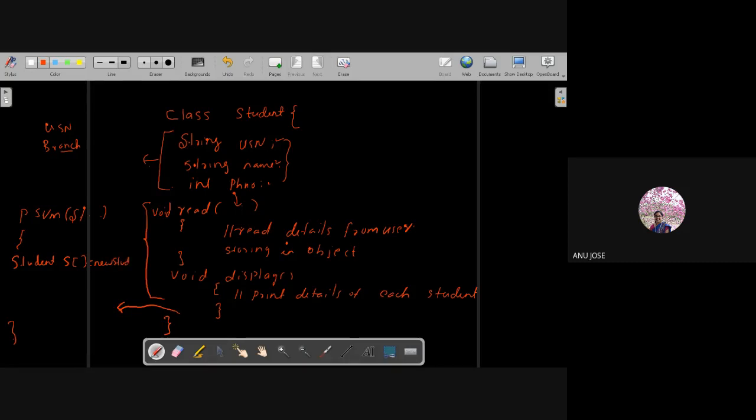What is this statement doing? It creates an array object. New student, this much only, or any new student square bracket size. What is this statement doing? It creates an array of size 20. That is correct. What should be the content of each location? It will be an object. Object of type student. Very good. So after that, in each location you should put the objects.